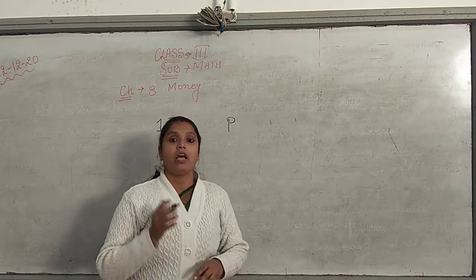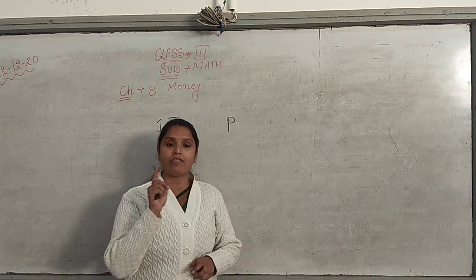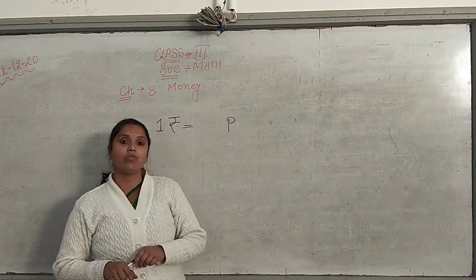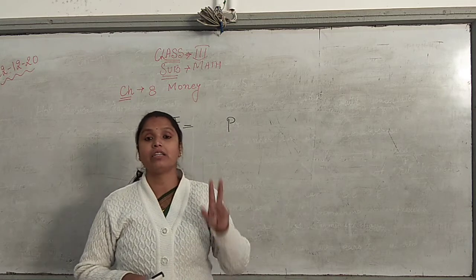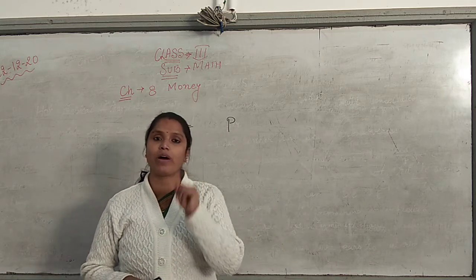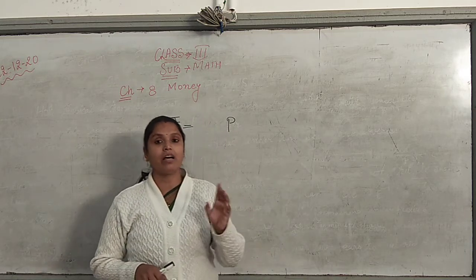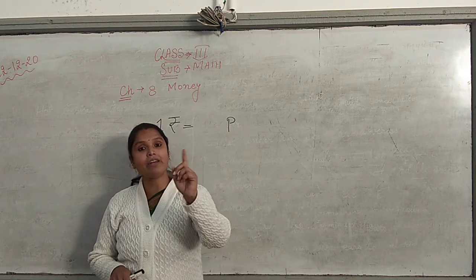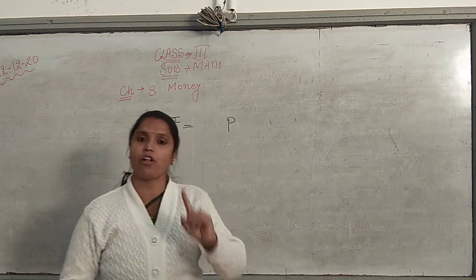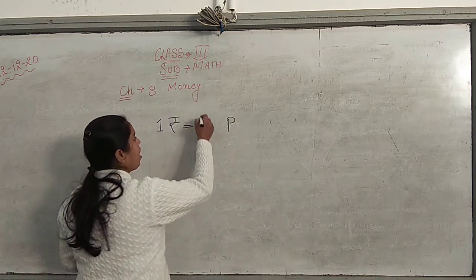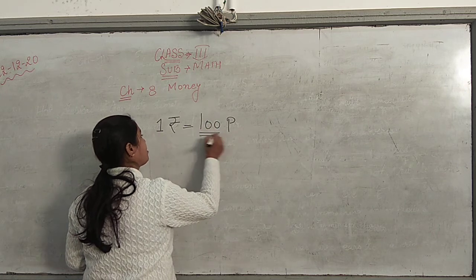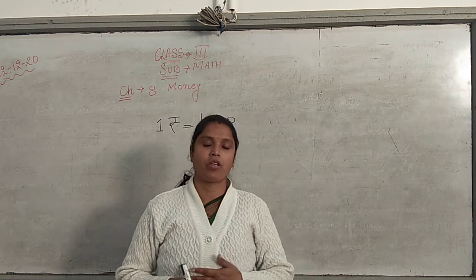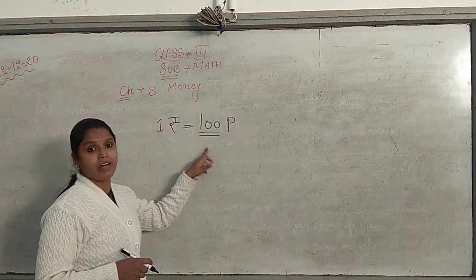Or we should say, in yesterday's homework I gave you page number 53 to do. There you had two blanks. There are dash 50 paise coins in 1 rupee and there are dash 25 paise coins in 1 rupee. So 1 rupee has how many paise? First of all, this is the important thing to remember, and we have already done this in class 2. We learned this from class 1 also. In 1 rupee we have 100 paise.